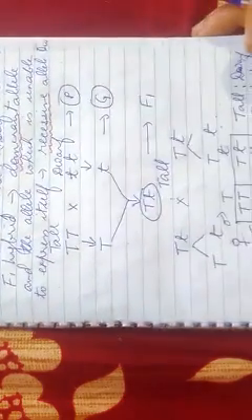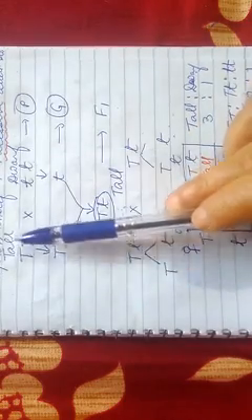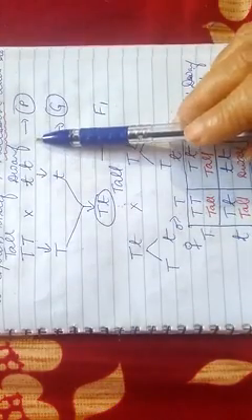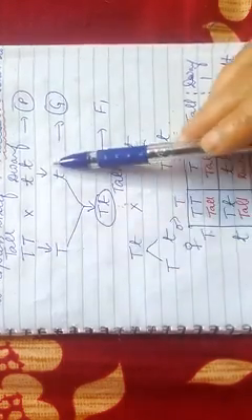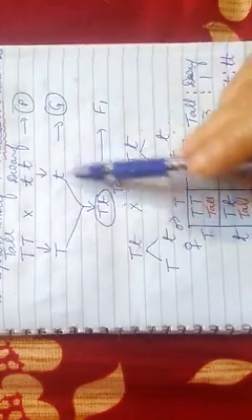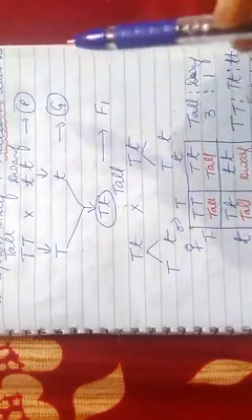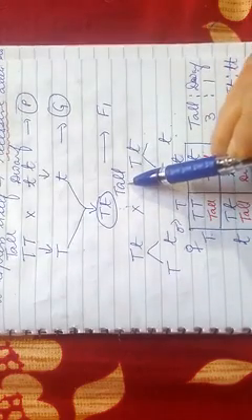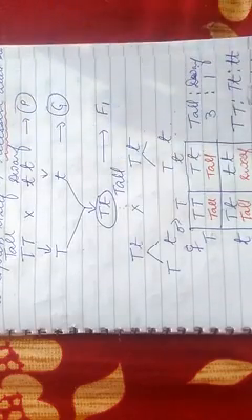So once again, you can have a look at this cross, tall and dwarf. The parents are homozygous for the trait. Capital T T is the genotype of the tall plant. Small t t is the genotype of the dwarf plant, right? So this produces the gametes. All the gametes are of one type. Here also all the gametes are of one type, and random fusion of gametes results in the formation of the F1 generation, and all the F1 individuals resemble one of the parents, and that is, they all are tall. So tall is the dominant trait, dwarf is the recessive trait, right?